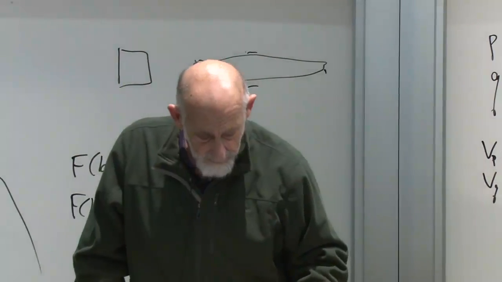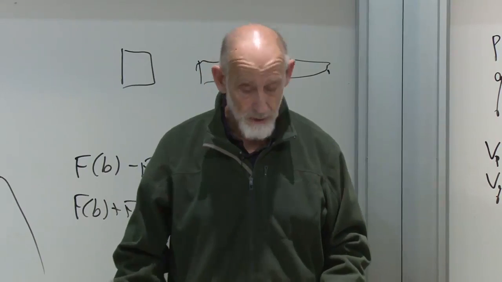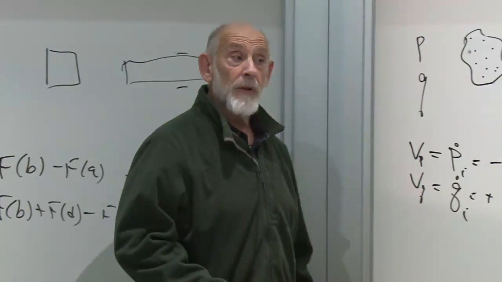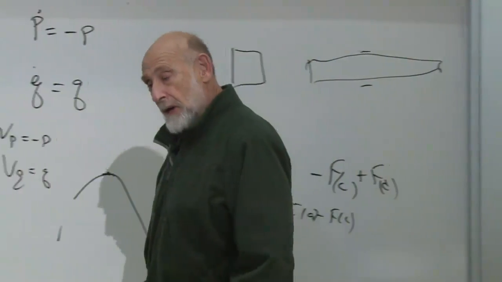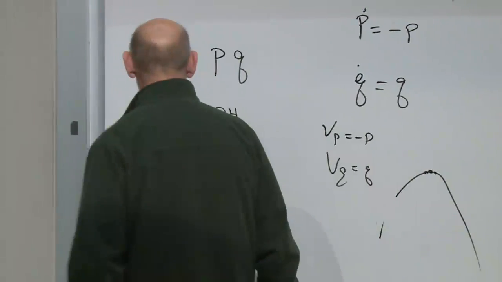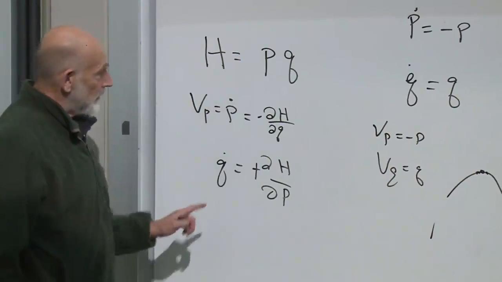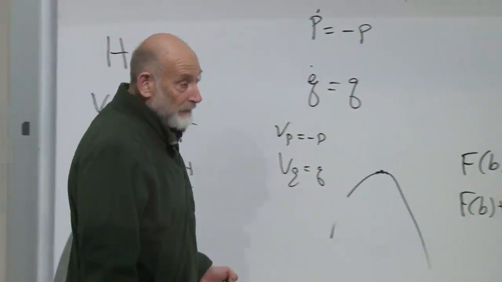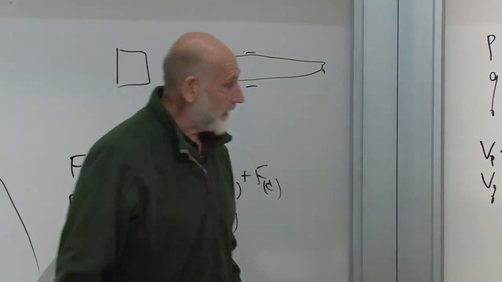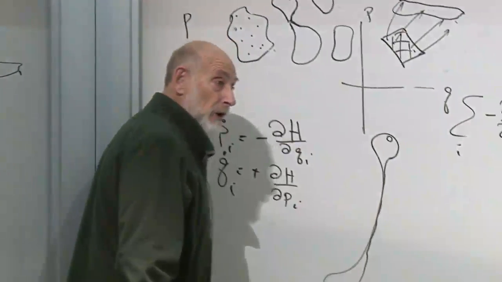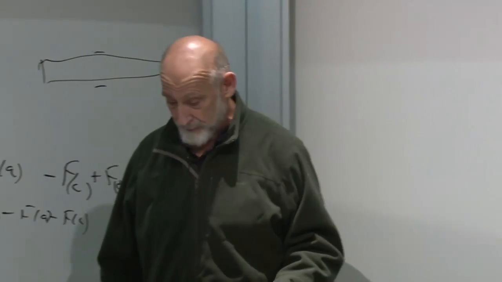Let's take an example of a system that doesn't conserve the volume in phase space, just to see what the difference is. Now, I've already proved that the volume in phase space is conserved. So how can I take a system which doesn't conserve the volume in phase space? Well, I proved it by starting with Hamilton's equations of motion. So I will have to take a system which doesn't have a Hamiltonian, which doesn't have, for that matter, a Lagrangian, and which therefore violates the rules.